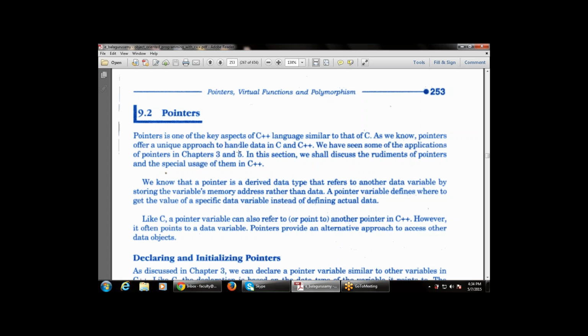That is similar to that of C. As we know, pointers offer a unique approach to handle data in both C and C++. So we introduced some of this in chapters 3 and 5 also. In this section, we shall discuss the rudiments of pointers and their special uses in C++. That is, what is the main target, or why are we using pointers in